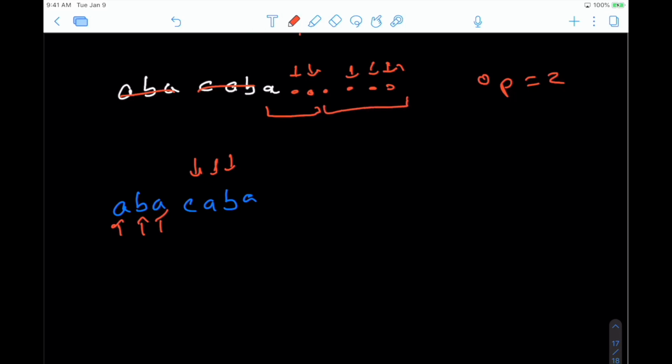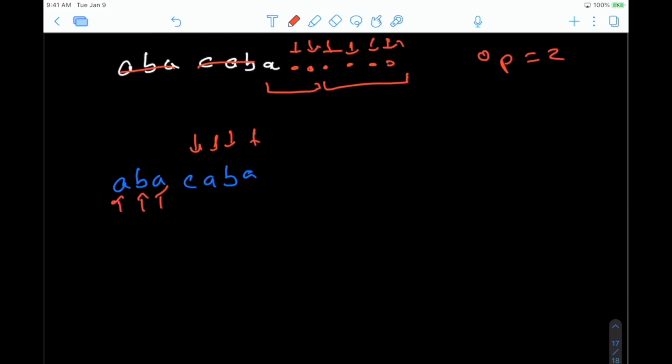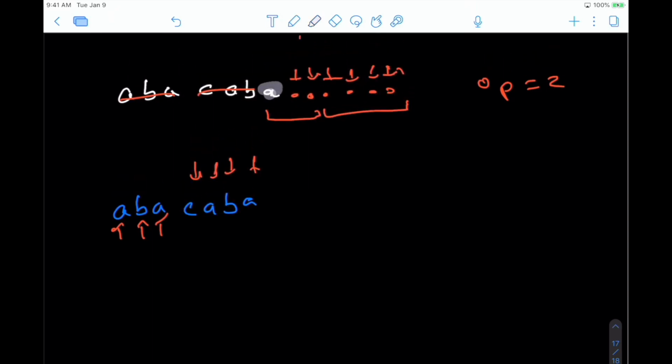Yeah, so this is 4, we can add here CAB, and then add A. And now we have the actual string, because it doesn't matter what we add here, okay? So what does this tell you? This tells you that if there is a suffix here that matches some sort of prefix, we shouldn't remove that suffix. Any suffix from the original word that matches the prefix, we should keep